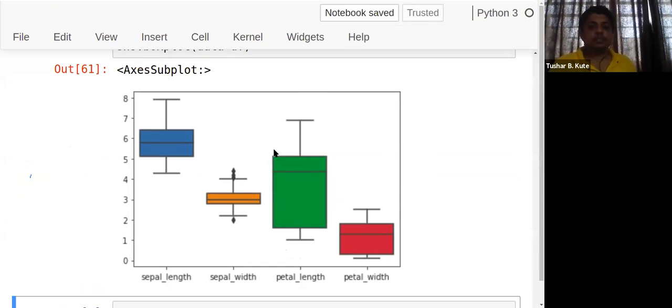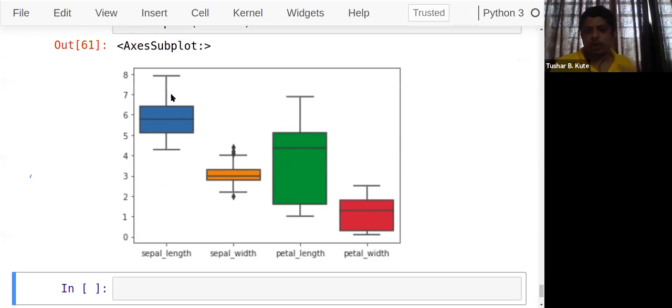For sepal length, the range is this. All values lie within this range. So I have not specified what is x and y. I directly apply the data set. Then it's checking. Now sepal width will be like this. Petal length is this. Petal width is this. Not specially for a category of species. I directly applied it and I got those particular ranges. So the same idea of box plot is used over here. But for all the columns, the combination is shown.